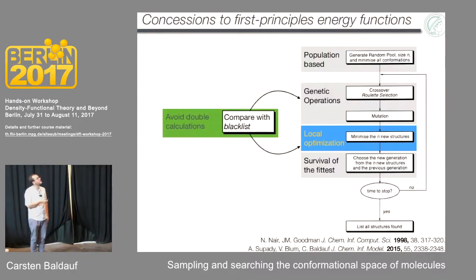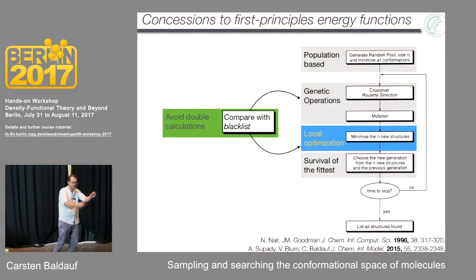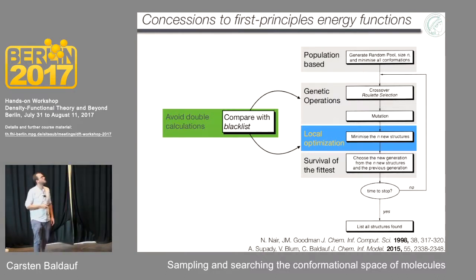And for that reason, one adds here a local optimization step. So you are at a certain point, and then you fine-tune by performing a local optimization. And in addition, what you maybe want to do is to add some sort of a blacklist in order to avoid recalculating things that you have done before. These are the things that you would, for example, do if you do such a search with an